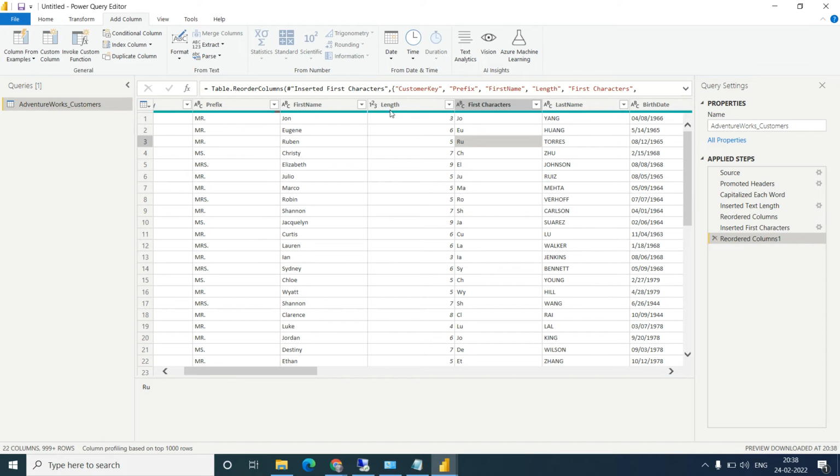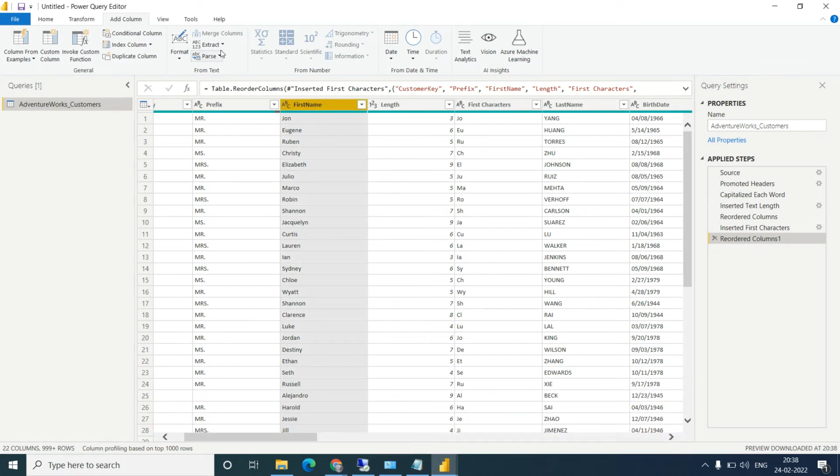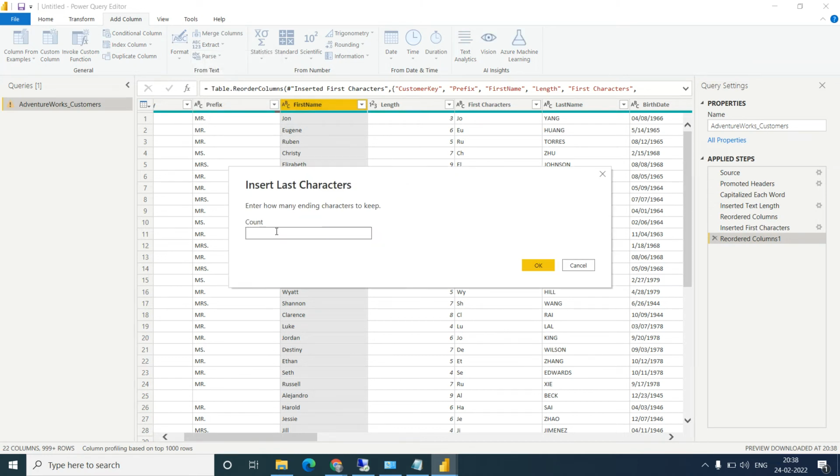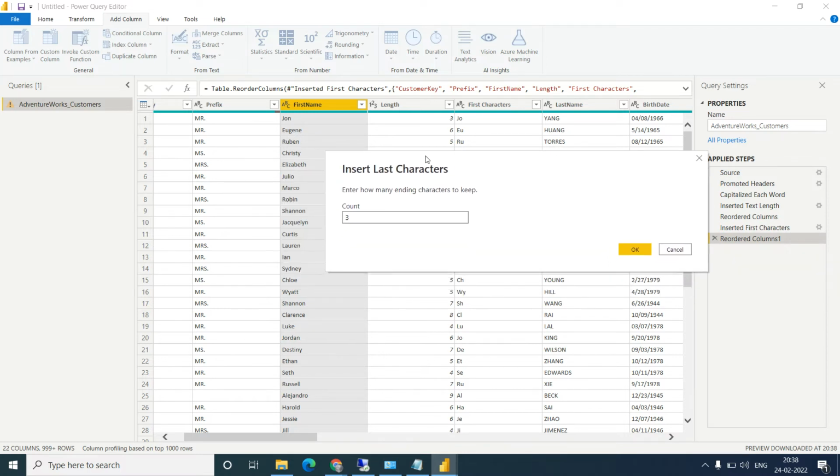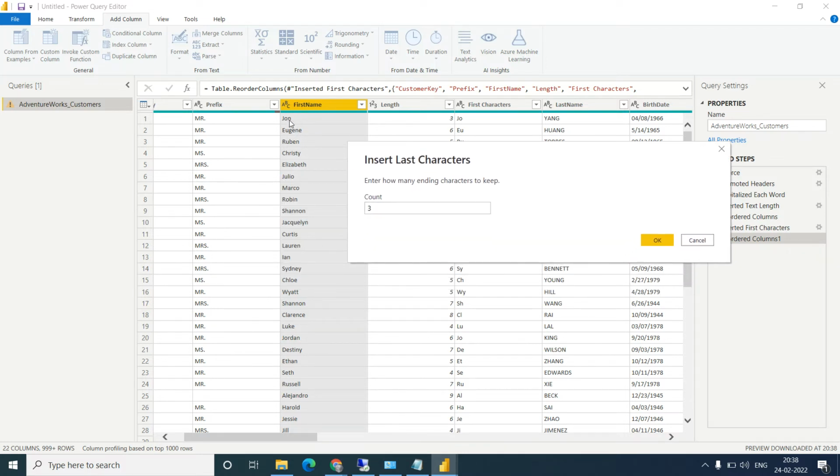Same thing with the last character: it will give you the last 2, last 3. Suppose I am adding a 3, so what will it return? It will return the last 3 characters of your name. So John, N-O-J, this 3 we will get.